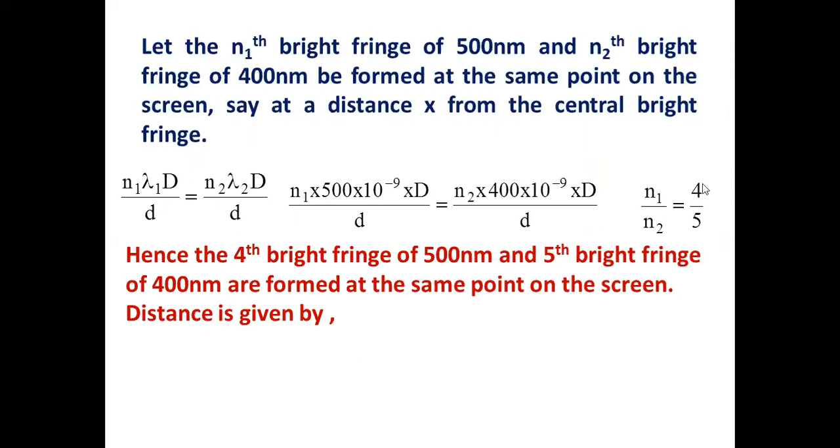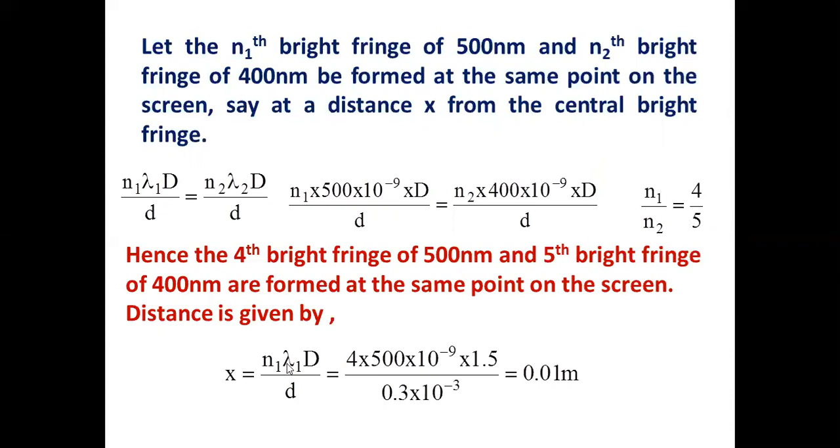Is it 4 times the beta of smaller wavelength? Because see, your foot length is 0.75 feet and your friend's is 1 feet. That means your friend's foot length is more, but he needs fewer steps, whereas your foot length is less. You need more steps. Four fringes of 500 nanometer and 5 fringes of 400 nanometer. 400 has to keep more and more steps. So what is beta for each? You have to find out. X equal to n1 lambda d by d. Lambda d by d is fringe width, right?